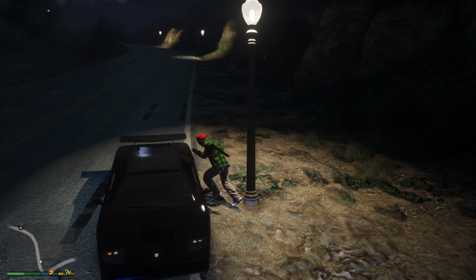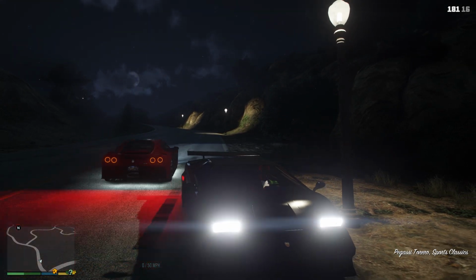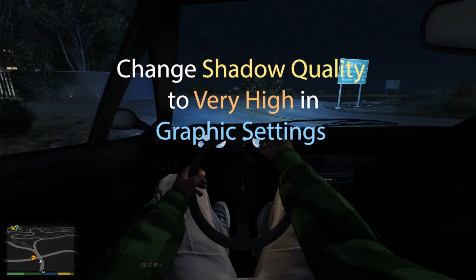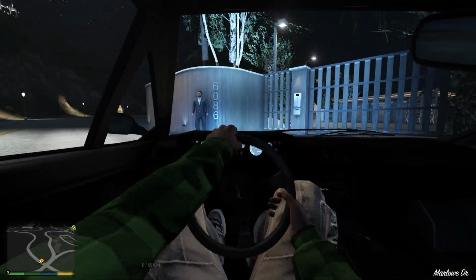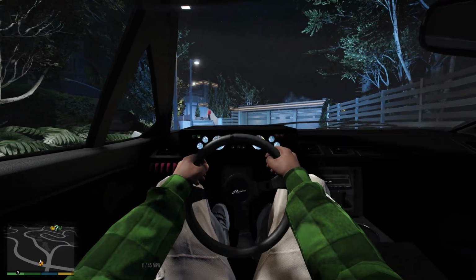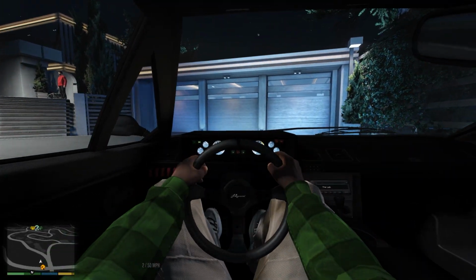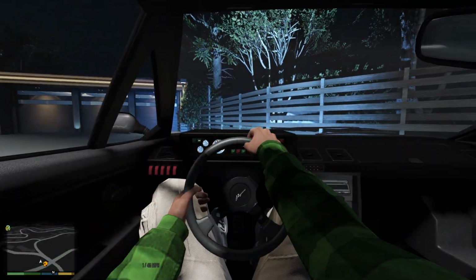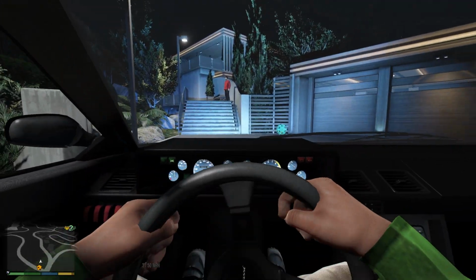Real quick, we're just going to hop in the whip, give you an idea what it looks like. You notice right away, lights look a lot different. The infamous Sabre Plus uses legitimate real life United States Department of Transportation light cutoffs and all that stuff. You even notice some of the lighting on the trees, dynamic lighting on everything. If we go over bumps,